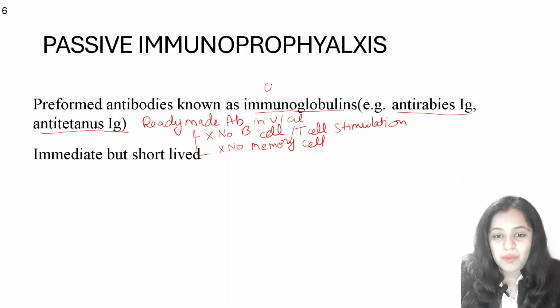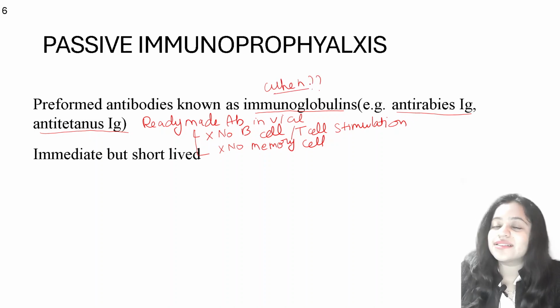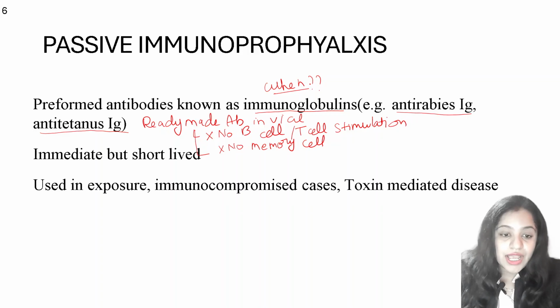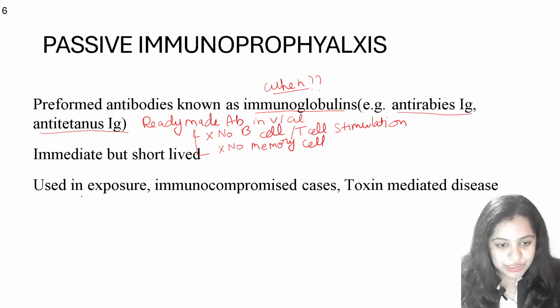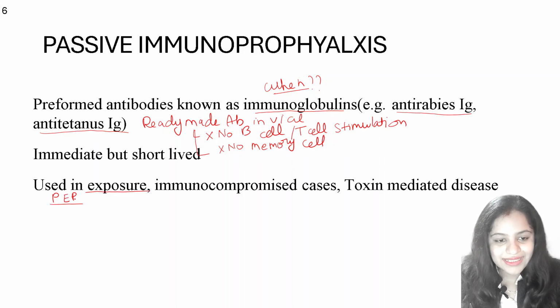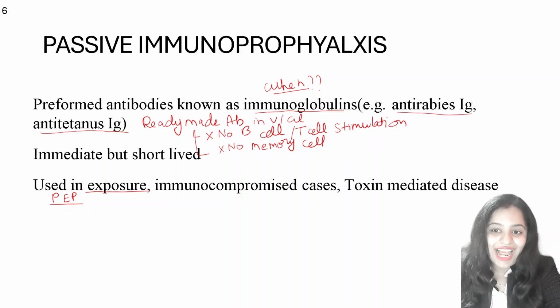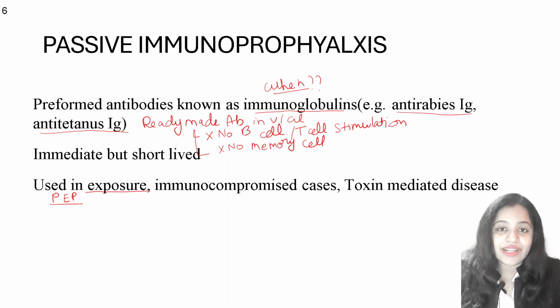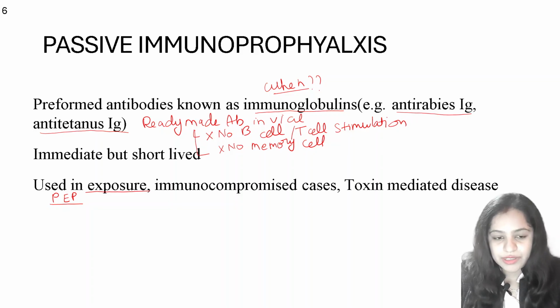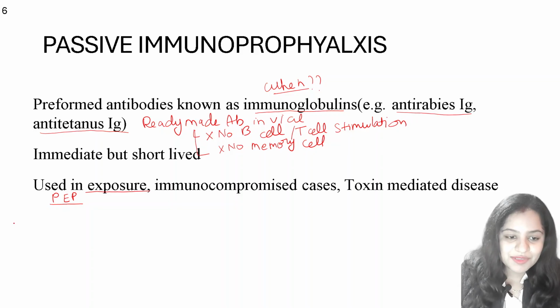Now in what all situations, that is, when do you use this passive immunoprophylaxis? It is used in exposure, which we call post-exposure prophylaxis. That is when you encounter a certain organism after which you directly need ready-made antibodies. You don't have time to wait and train your immunity. Okay. So the examples are